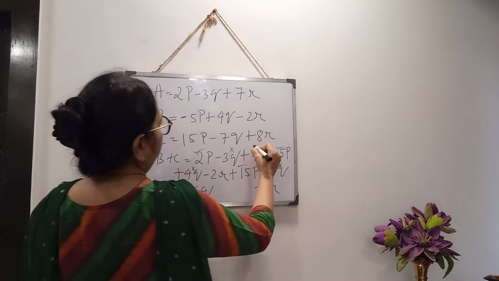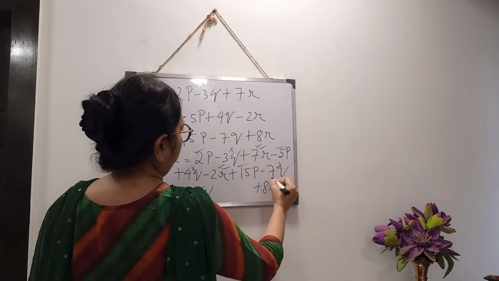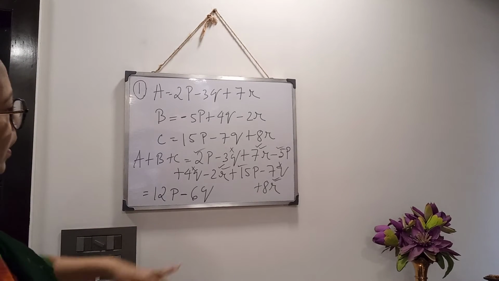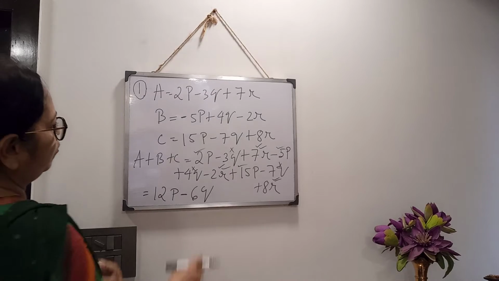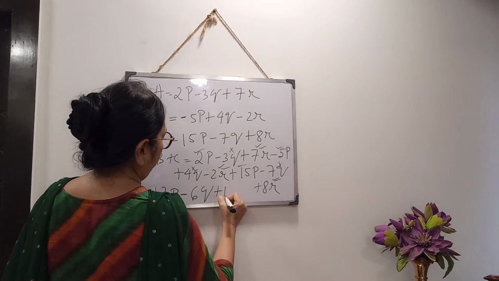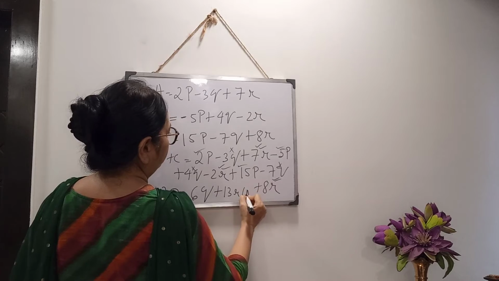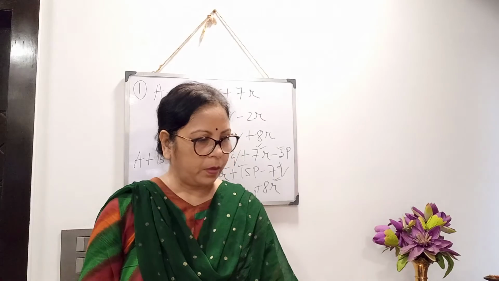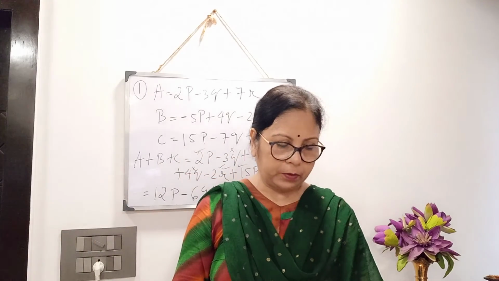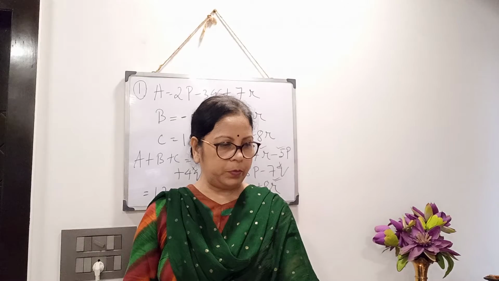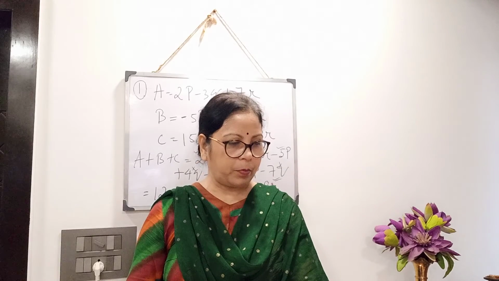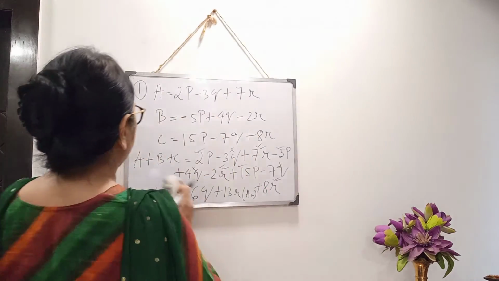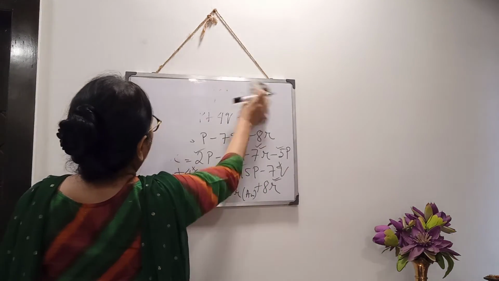Then r, here, here, here. These are like terms, so we can add and subtract. 8 plus 7, 15, 15 minus 2, 13, plus 13r. This is the answer. But in the next sum, you will see, find the sum of these. Given 3 terms are there, find the sum of these. Then in the last step, you have to put the values of x, y and z. Clear? So next one, if this type will come,